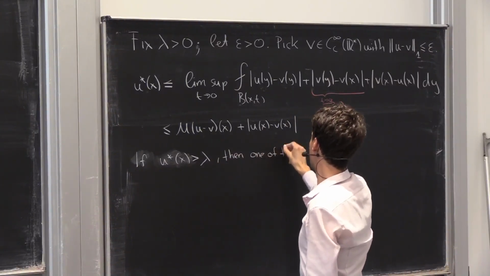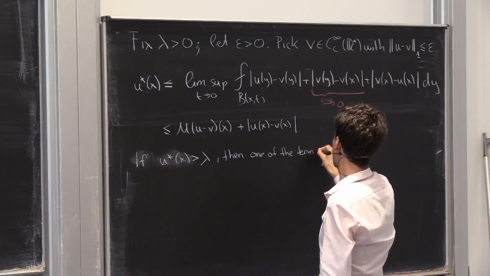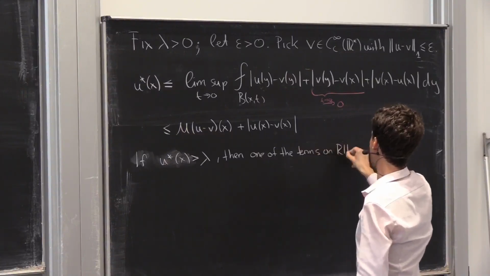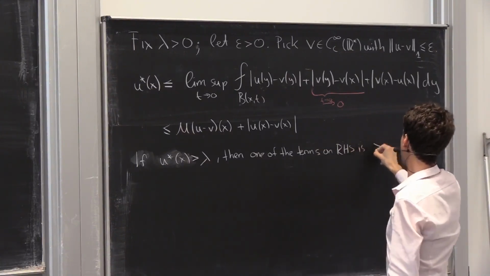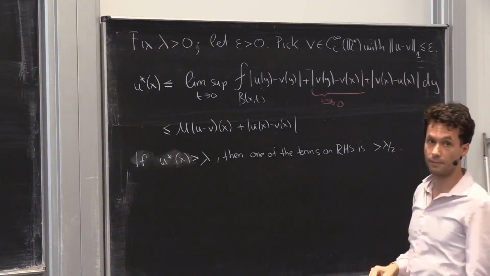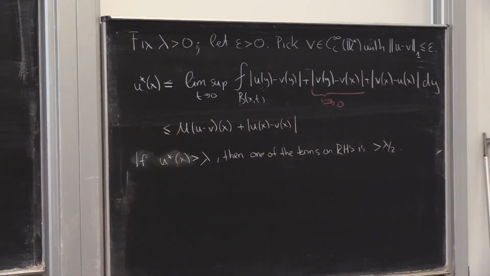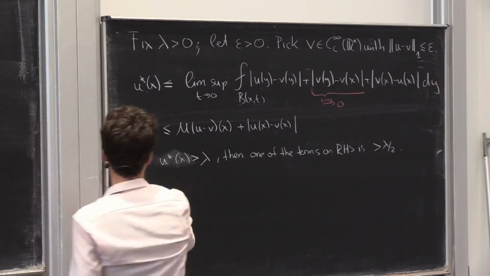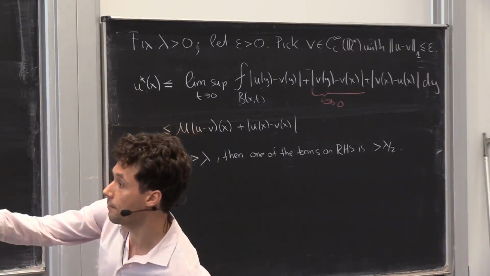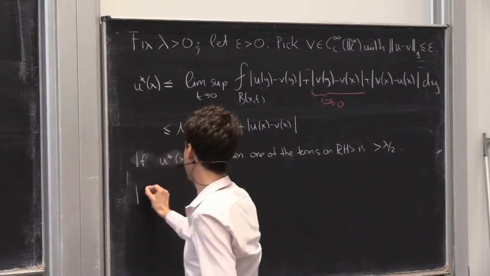One of the terms on the right-hand side is larger than lambda over 2. It's a similar argument to what we've seen before. And so this means that I control the measure of O lambda